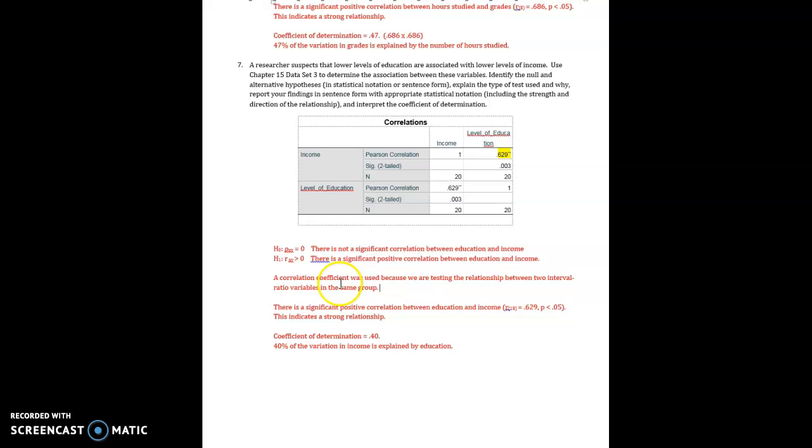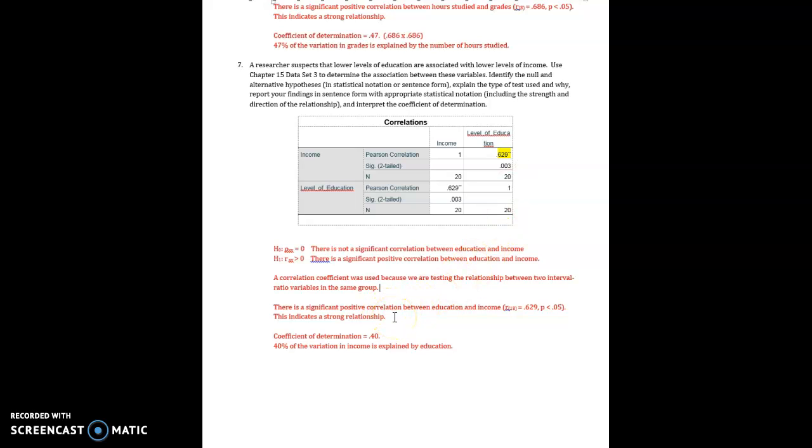We know we're using a correlation coefficient here because we have two interval level variables in the same group. Then for your conclusion sentence, you're looking at the SPSS output. Here is our actual R value, but the key part is our sig, right, is our p-value. Again, we see that this p-value is less than 0.05, so we conclude that there is a significant positive correlation